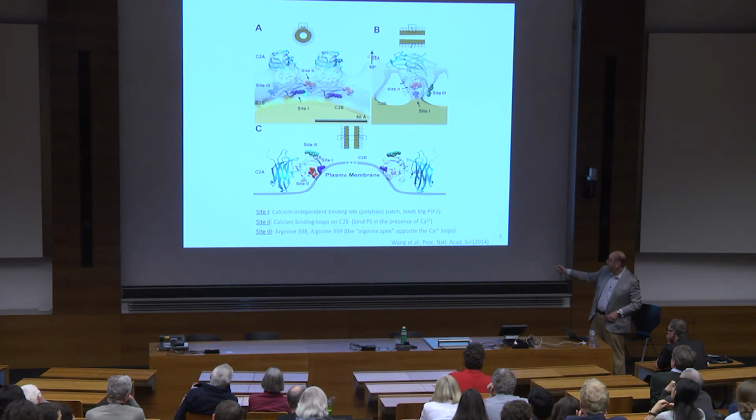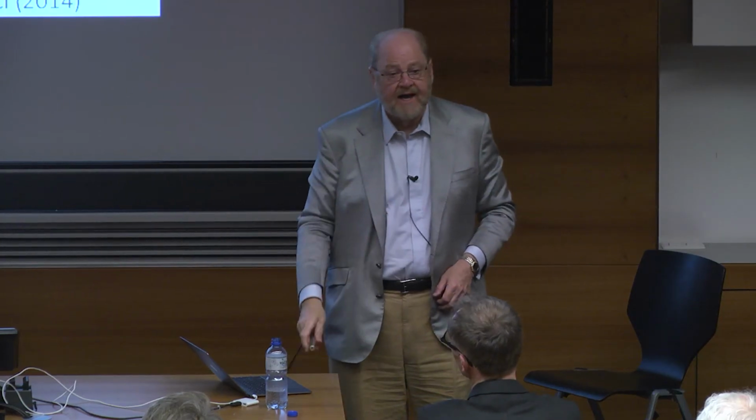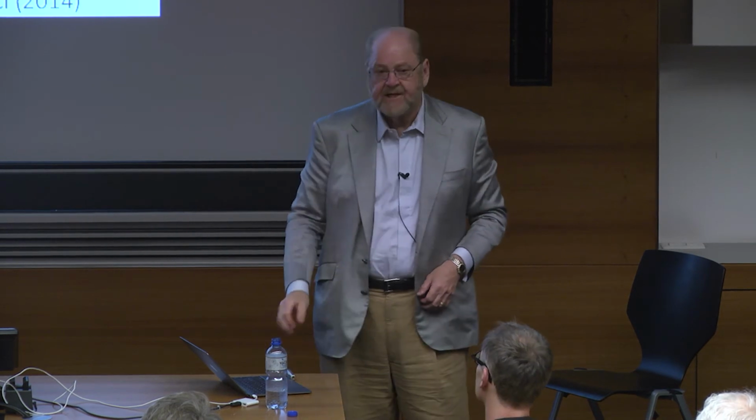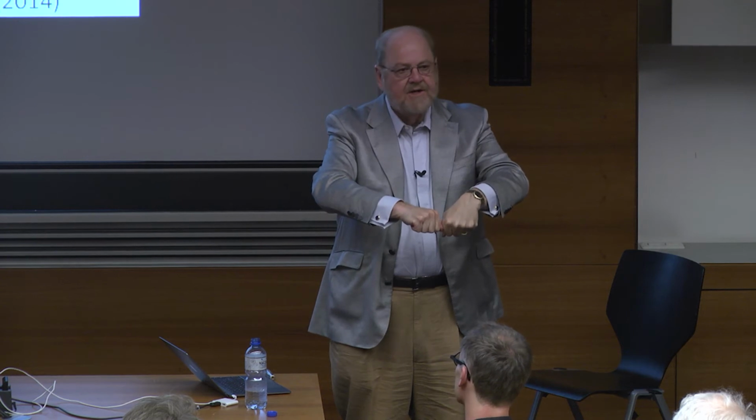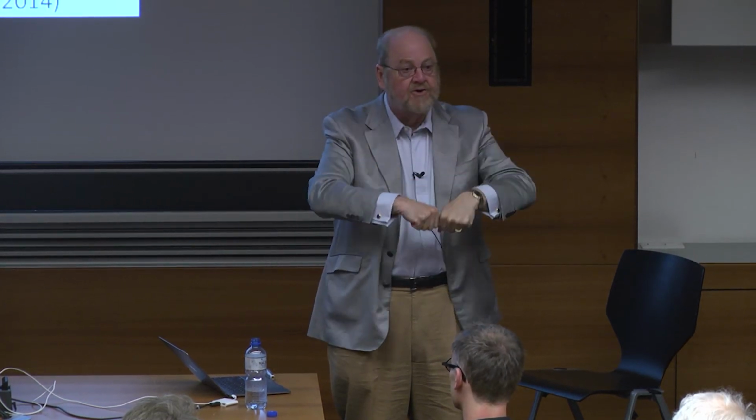So when you think about it, this suggests there's no way for this ring, if the structure is correct, to exist after it binds calcium. It rather suggests that synaptotagmin can toggle between two states. One, in which its calcium binding region is formed into the interface between the B subunits to stabilize the ring, and the other where these subunits have rotated and are now inserted into the membrane. So the clear prediction is that this ring should disassemble with calcium.